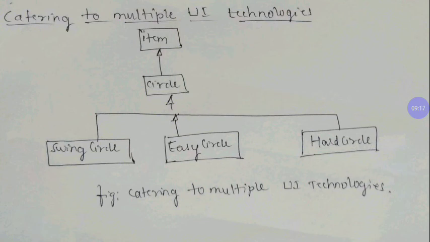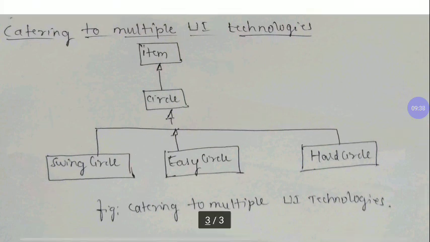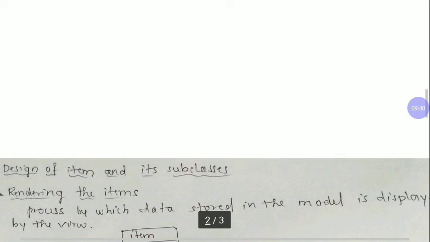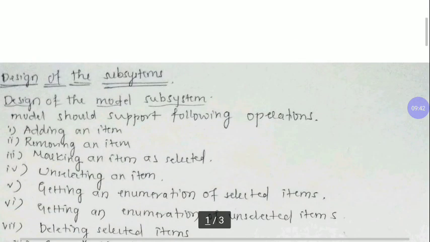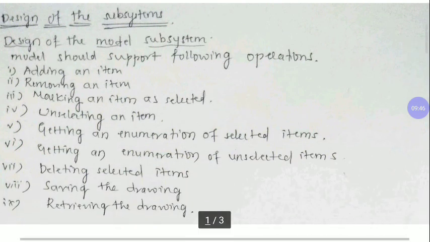Render is the process by which the view component displays the information or any element which is there in the model on the display area, that is, the specified presentation area. This is an explanation of how we are going to design the subsystems. Thank you.